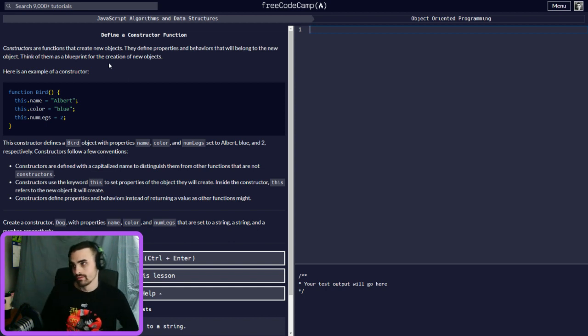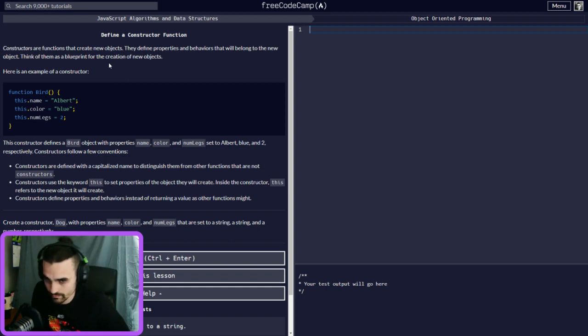So here's a new thing, and a big thing in objects that we create, and it is called constructors. Constructors are functions that create new objects.